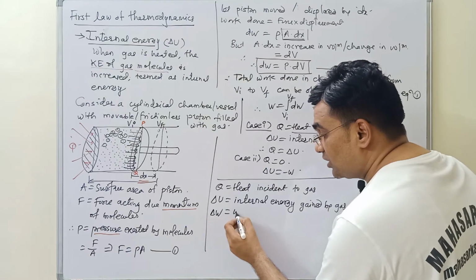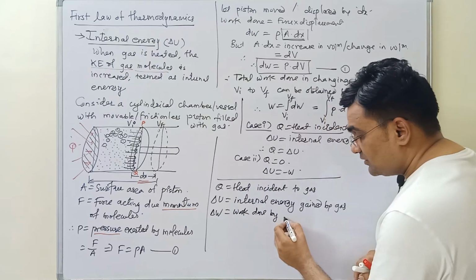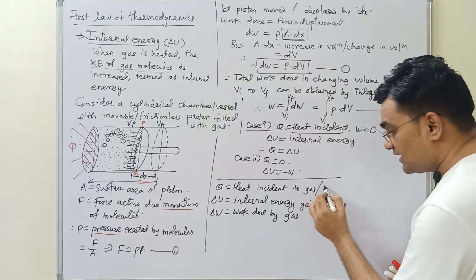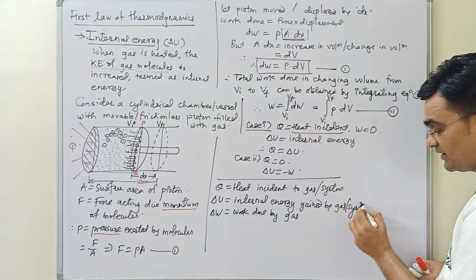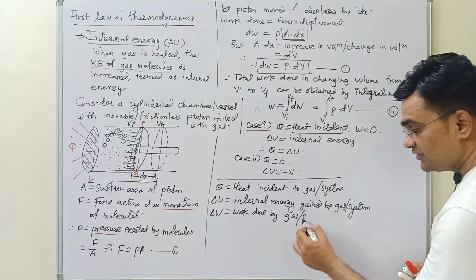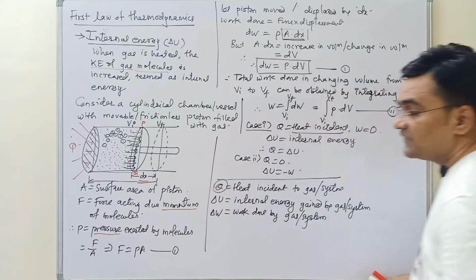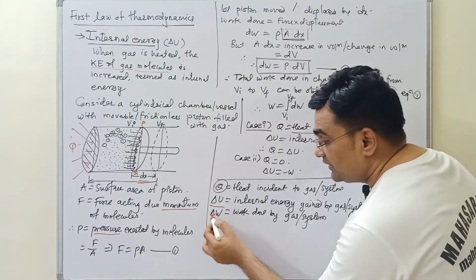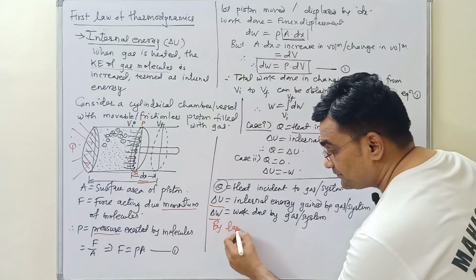Say dW is the work done by the gas. Heat incident to the gas is what? System. So instead of gas I can write the word system. This much heat was given and it was used in two different parts, delta U and delta W. Then by the law of conservation of energy,